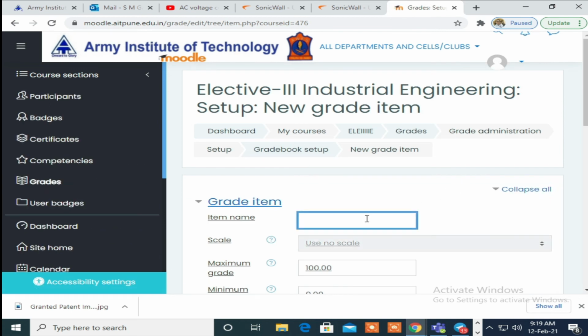The first grade item is student feedbacks, so that student feedback you need to add.